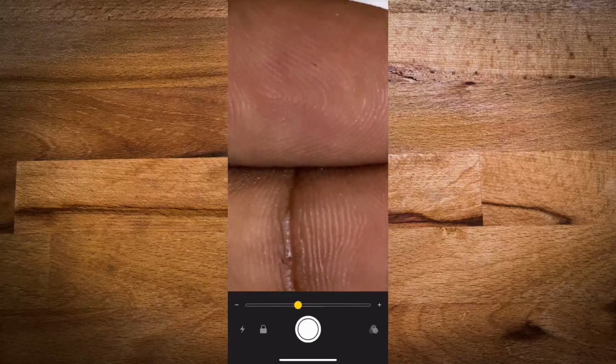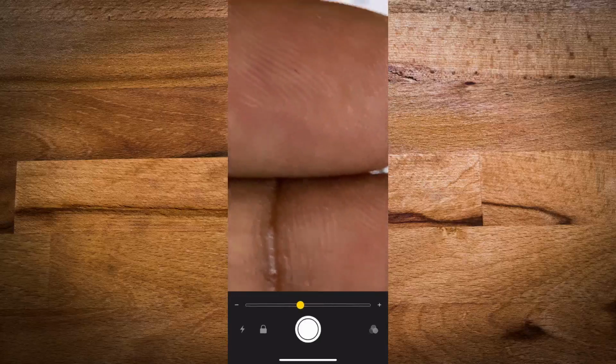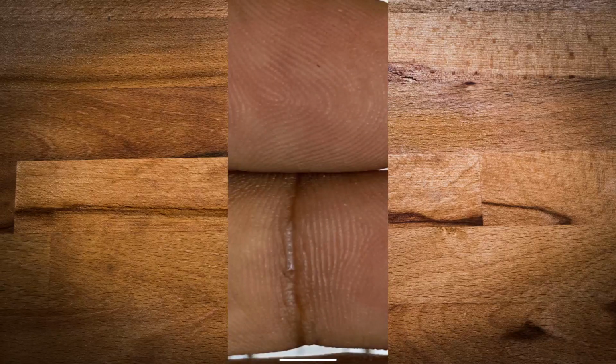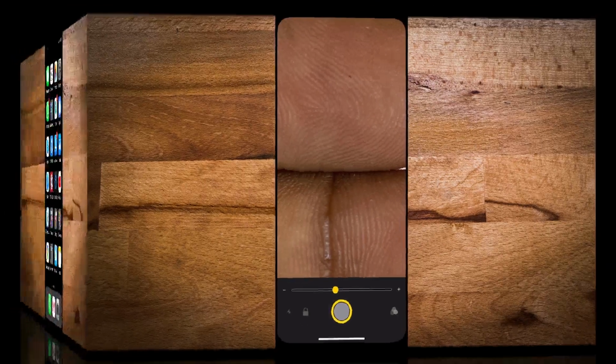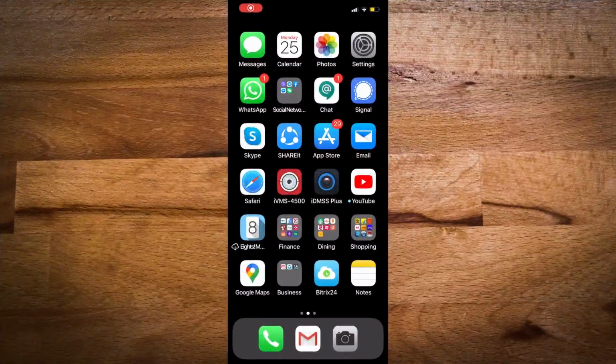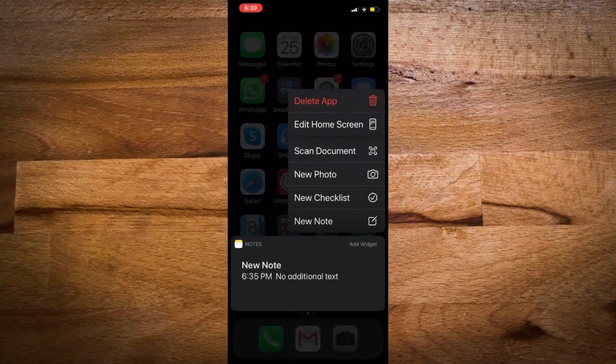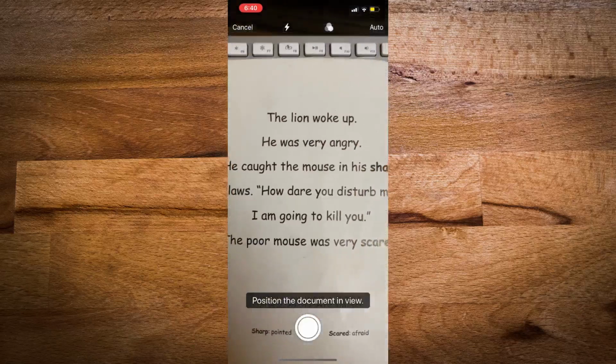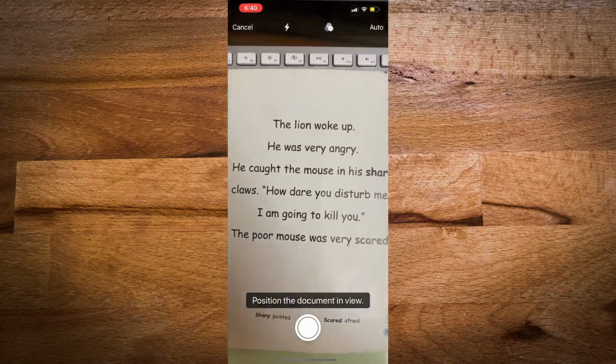The next feature which we have is in using your iPhone as a document scanner. Open your default notes application, and there you get to see an option as scan document. Tap that and get started. Open up your document and just take a screenshot of it.